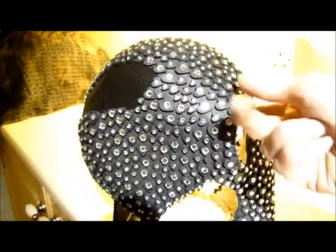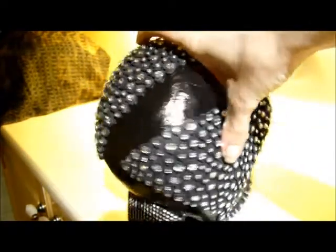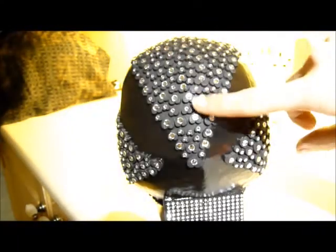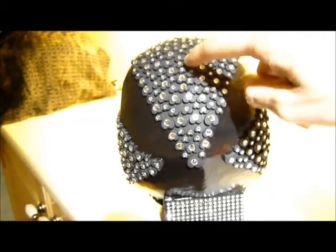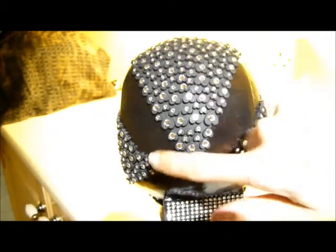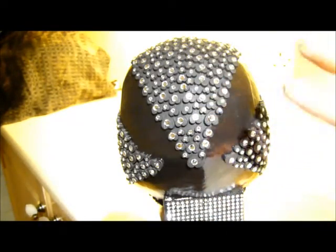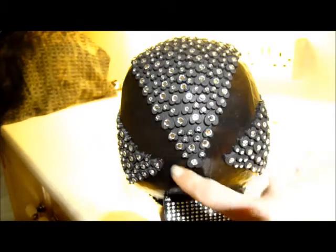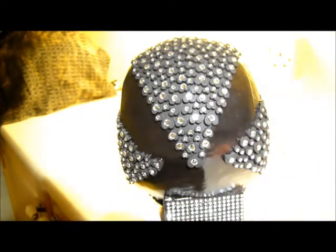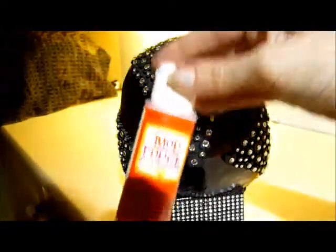Then what I did at the back here was I wanted a contrast between the hearts and diamantes and the background piece. So the base of this bit and this bit and this bit and the front, as well as the hearts themselves, were just painted black, and I used black Mod Podge for that, and black gesso, and my black gesso is very matte, so it came out a very matte effect. I also painted these bits with the same gesso, but then to give a different contrast I used this glossy Mod Podge